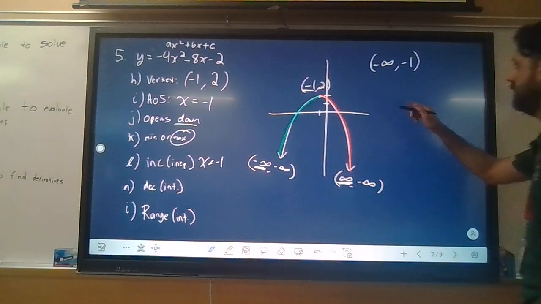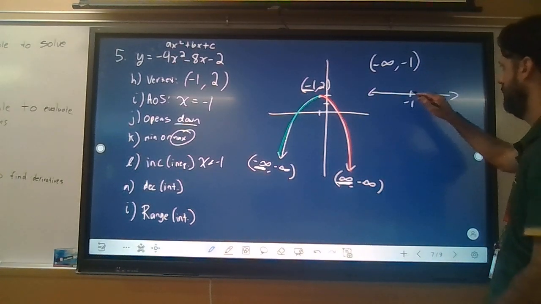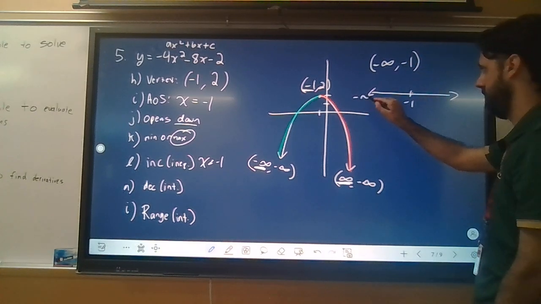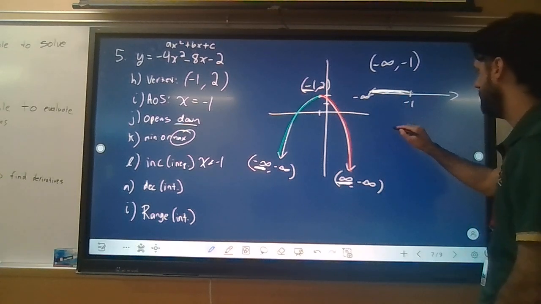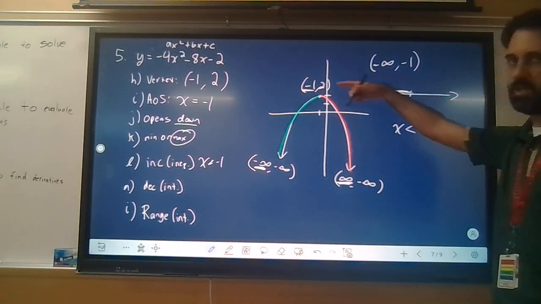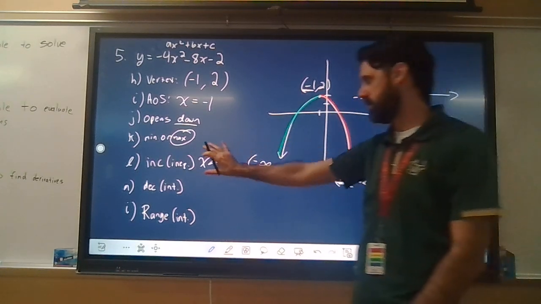Or if you're not sure, again, draw your number line. Here's negative 1. We are shading the values to the left of negative 1. This is where negative infinity is. So we're shading over here. We want to make sure that our inequality is pointed the direction that we shade. Okay? All the values left of or less than negative 1. That's our increasing